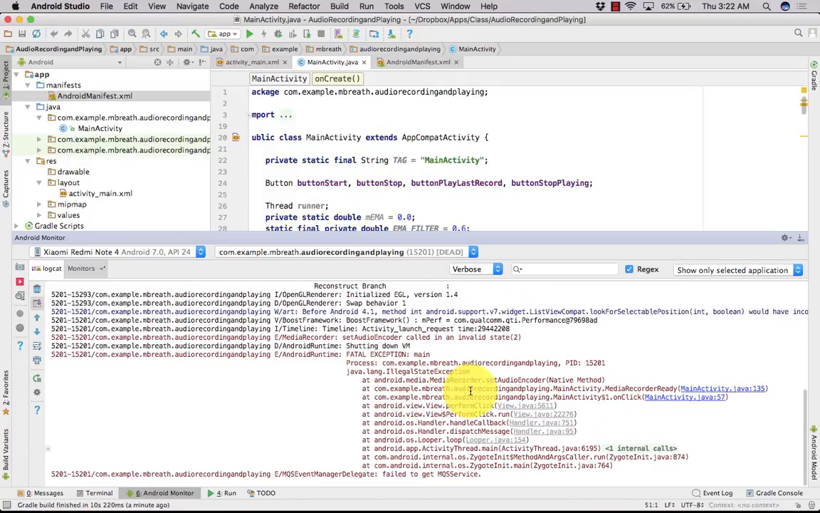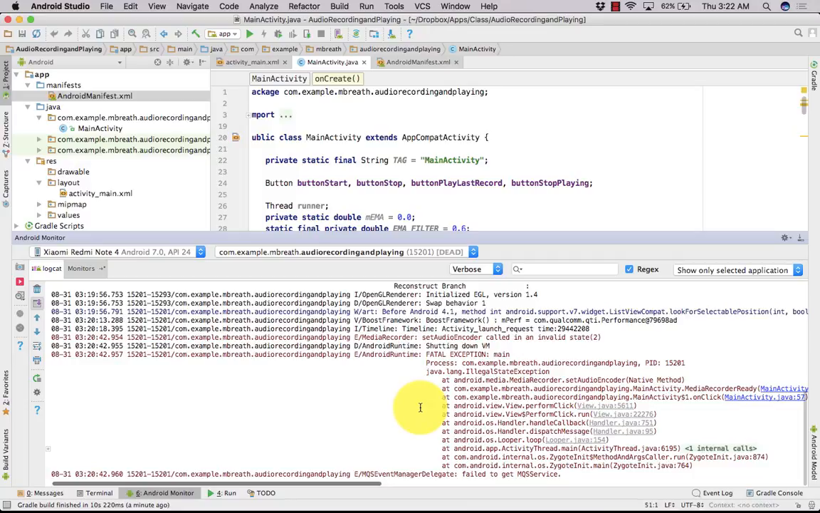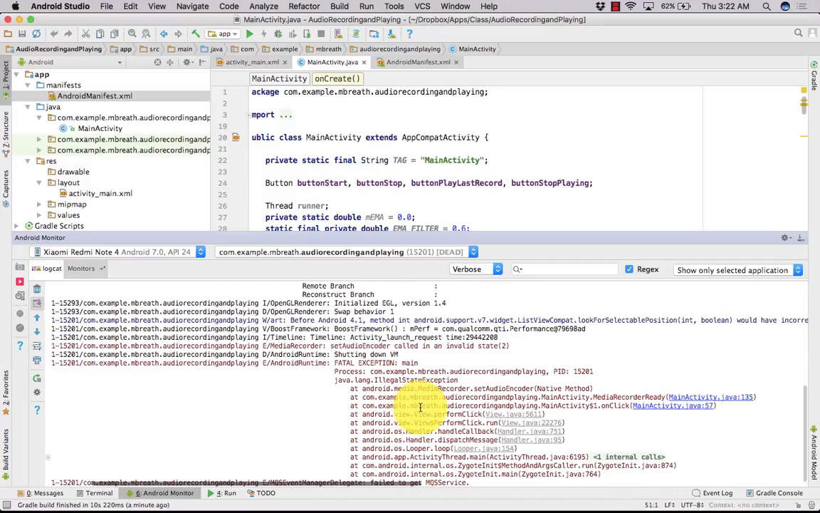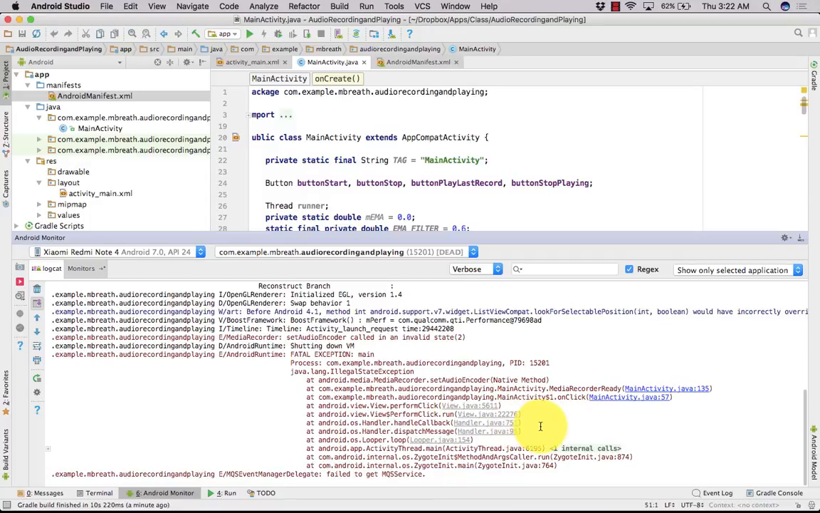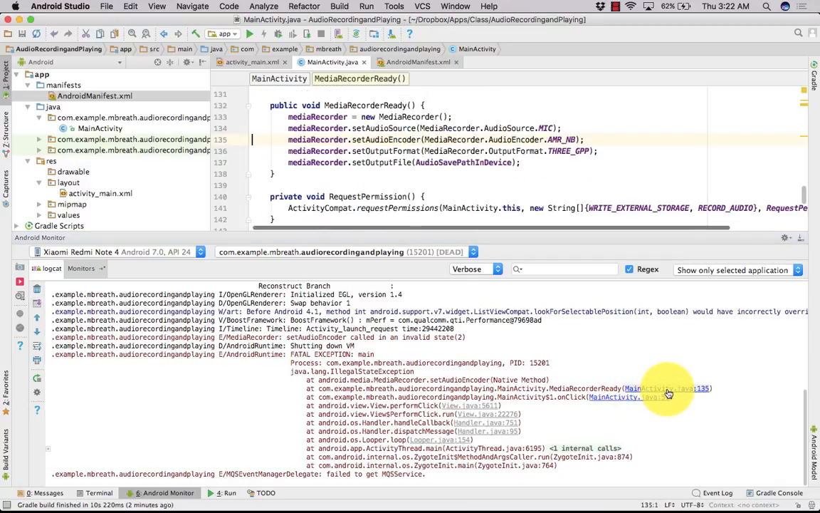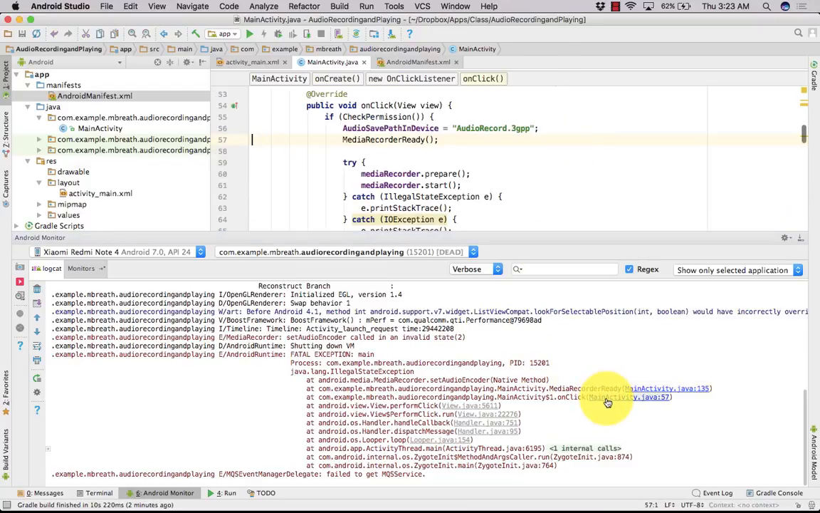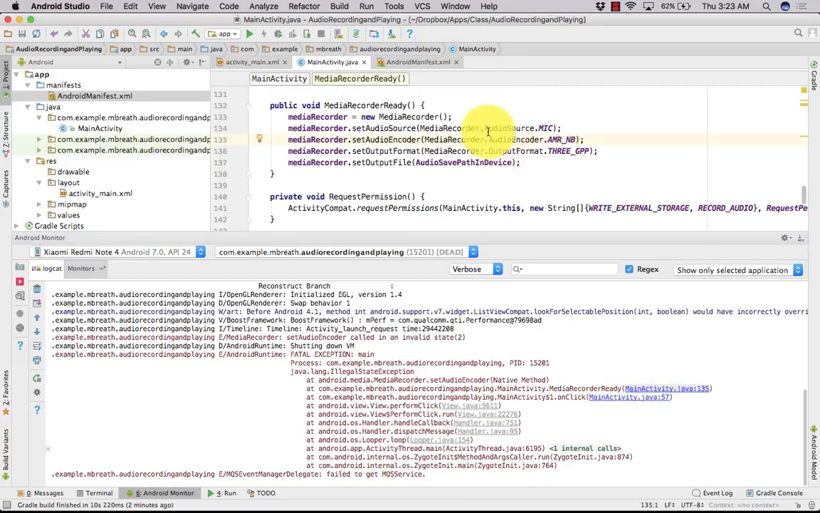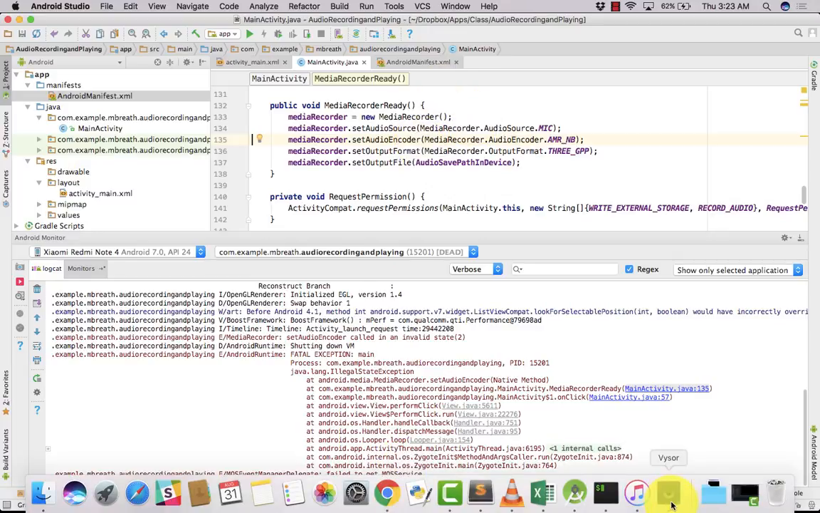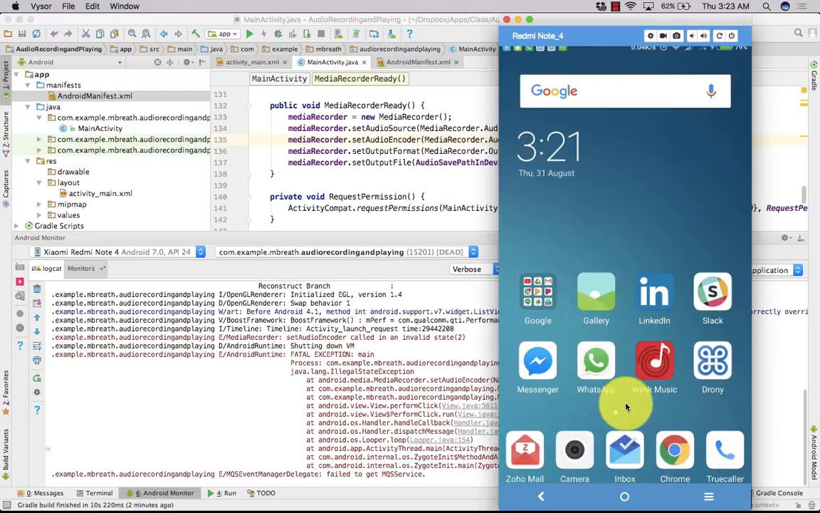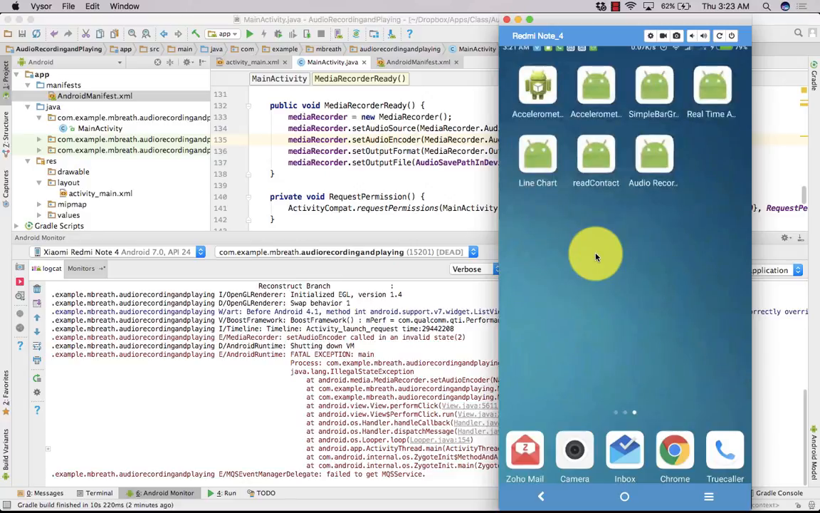Let's see what is the wrong. Okay, so it is saying that something happened. Let me see what happened. It's saying at line number 135, audio recording playing activity on click, something happened on 135 here, AMRNB, and then something happens here, media recorder rate. Okay, I mean that was called from here. So what we can do here, there could be something, I mean what I can do,